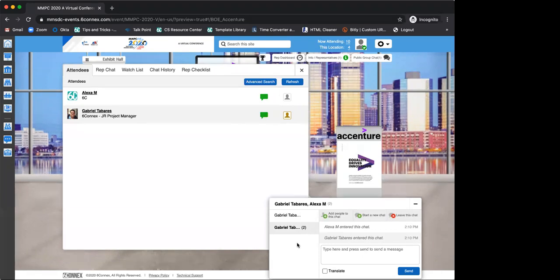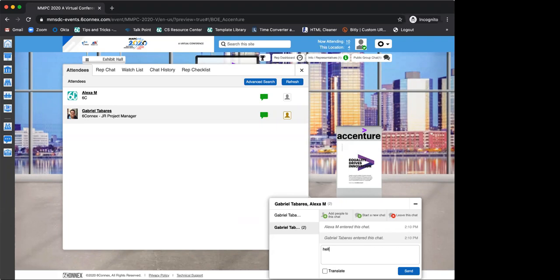Now, as you can hear, there is that doorbell that is gonna ring when someone starts a conversation with you. The reason why you heard that is because I have Alexa's window open on my other monitor. So that's why you hear that. But when they start the conversation with you, you're gonna hear that sound.